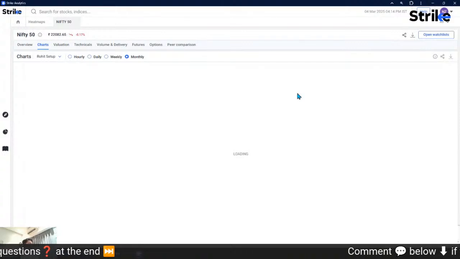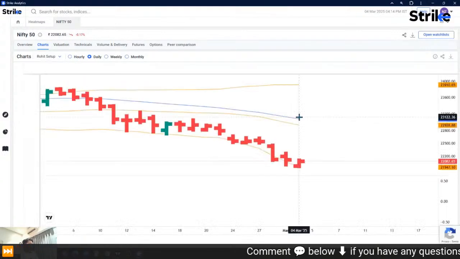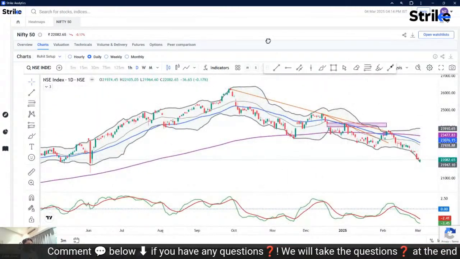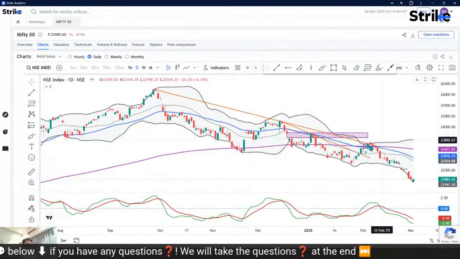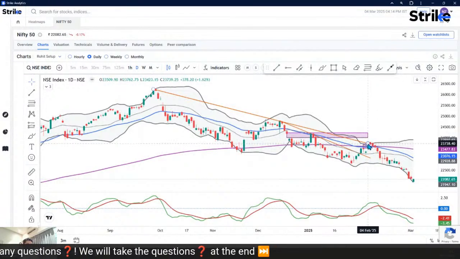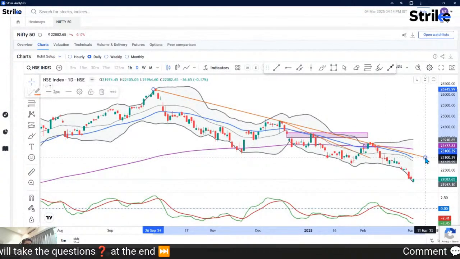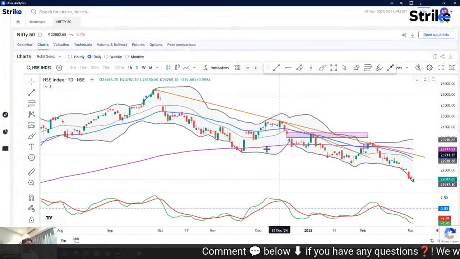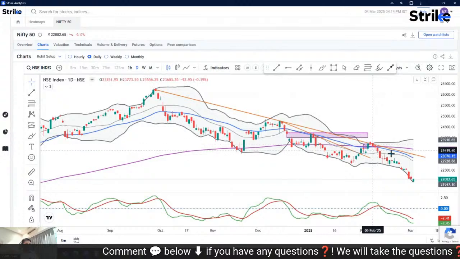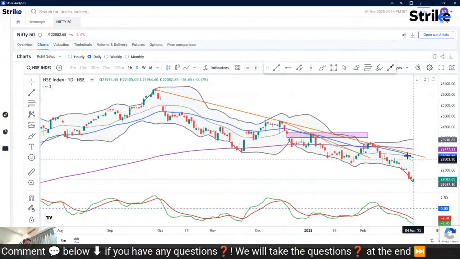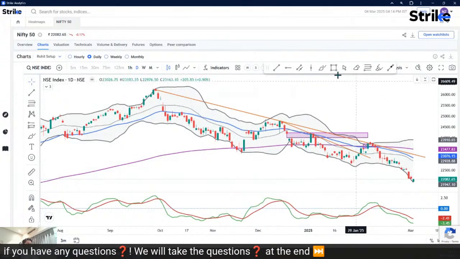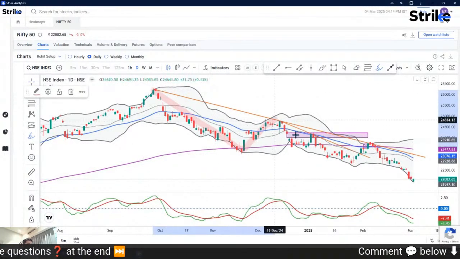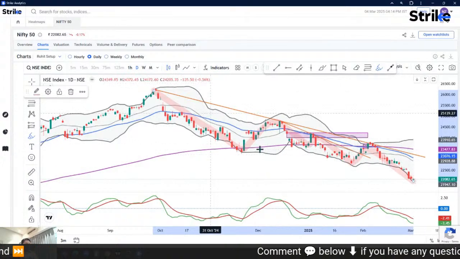All right, let me also analyze the daily chart for Nifty. When we look at the daily chart for Nifty, we can see that this was the line that we had drawn in the past when we were doing live webinars on Nifty analysis. So Nifty is unable to break past this yellow line. Nifty is unable to be steady above the blue moving average, that is the 40 EMA. And consistently Nifty is making lower highs and lower lows,